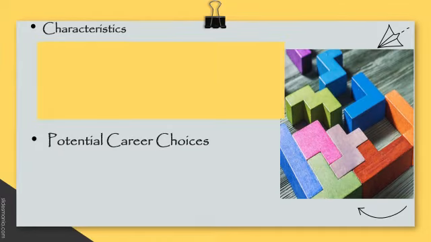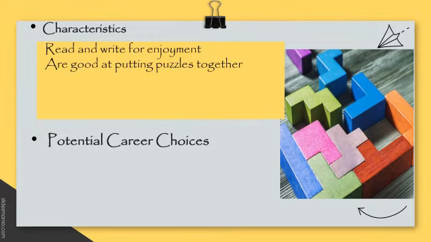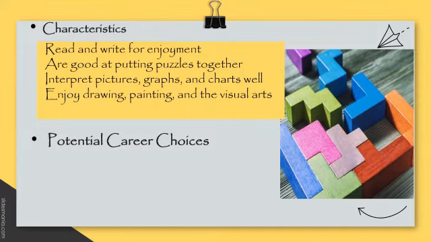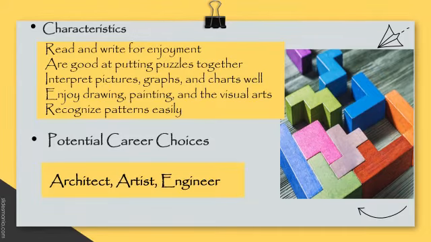Those people who have visual spatial intelligence love to write and read for enjoyment. They're good at putting puzzles together and interpreting pictures, graphs, and charts well. They enjoy drawing, painting, and the visual arts. They recognize patterns easily, and their potential career choices are: they can be an architect, an artist, or an